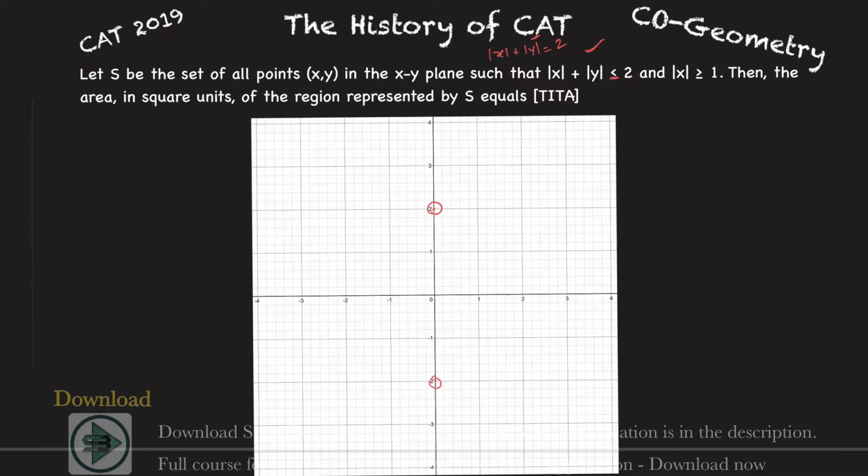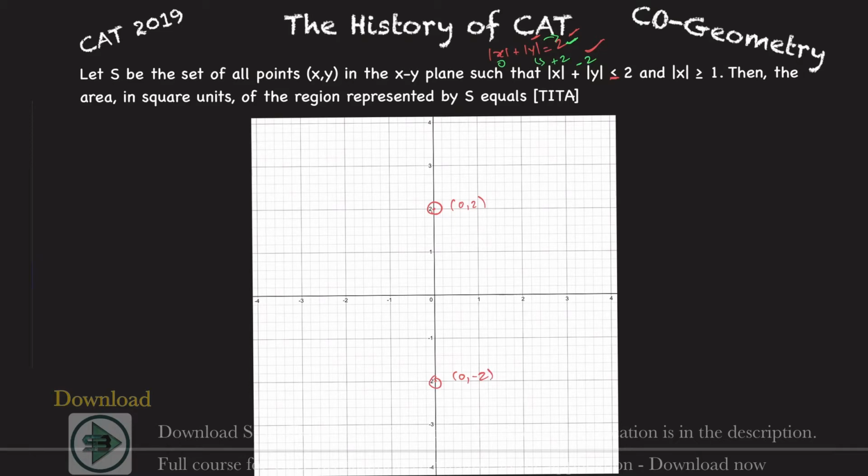Because eventually we are getting a 2 out, but inside the modulus, if I put x as 0, y could be plus 2, which gives plus 2, and minus 2 will also give you plus 2. So any value of plus 2 or minus 2 will give you 2. I don't know what y actually is; it could be plus 2 or minus 2. So 0 comma 2 and 0 comma minus 2 are the points that I get here.